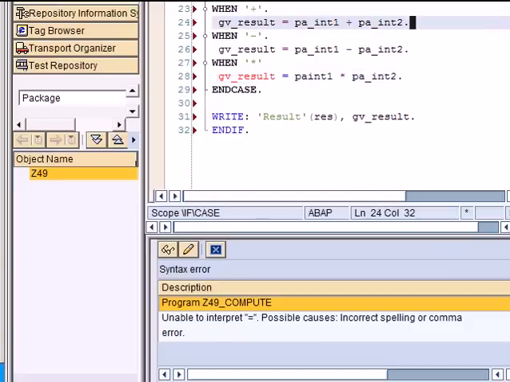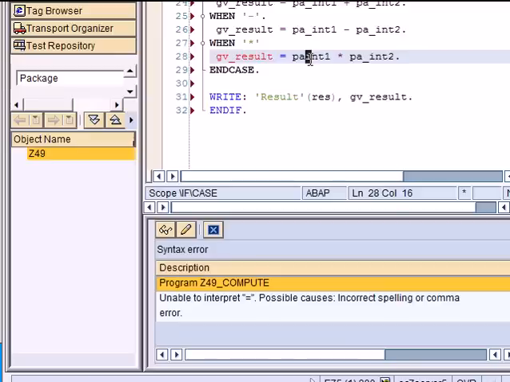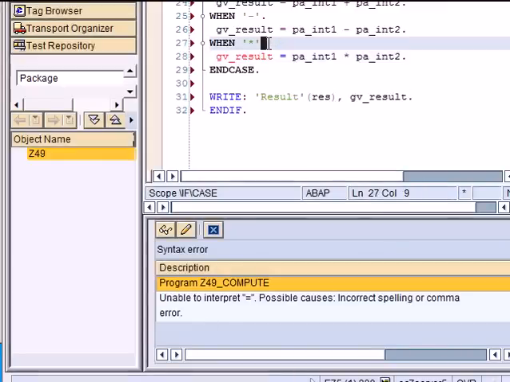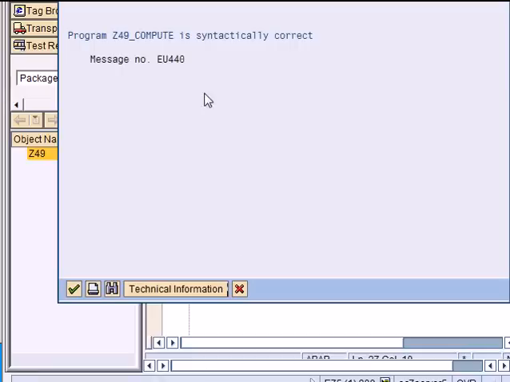Yes, there's another one, and this one is saying unable to interpret equal over here. So I've forgotten to put pa underscore int, so let me just cut and paste. And then try my syntax check again, and it's the same error, and that's because I do not have a full stop here. So these are the kind of errors you will get. And now finally my code is